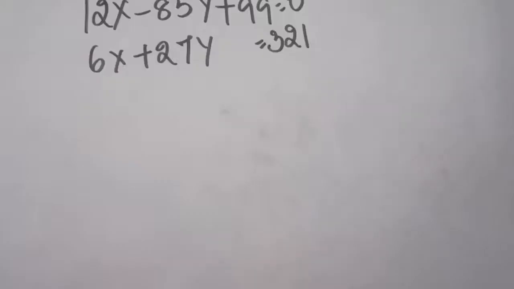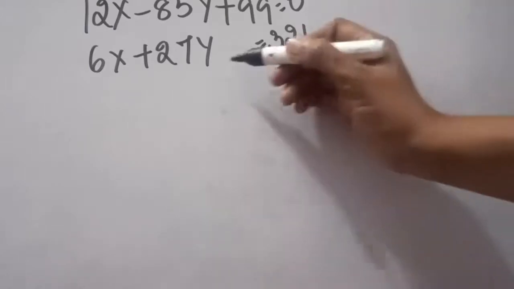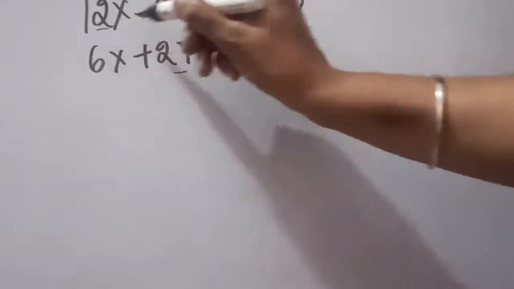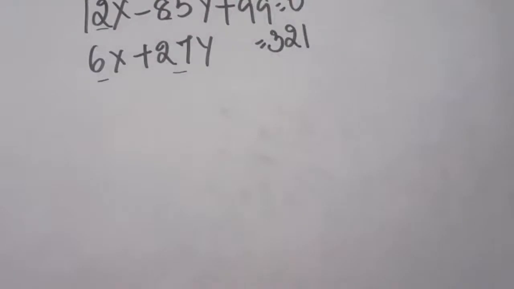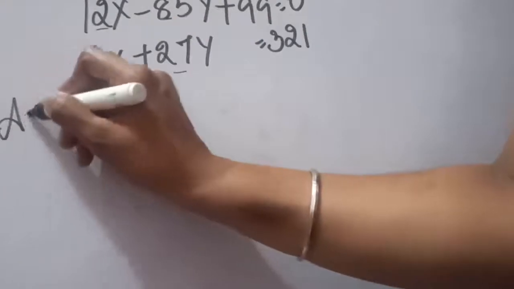So these were the equations given in the original question. Now two equations have been given. From here we can easily calculate the regression coefficients because these values are going to represent something. But for that we should know which equation is x on y and which equation is y on x. Now looking at the equations we cannot give any conclusion. So we will have to start with one assumption.